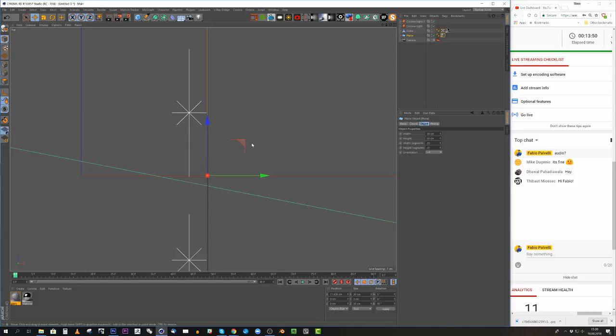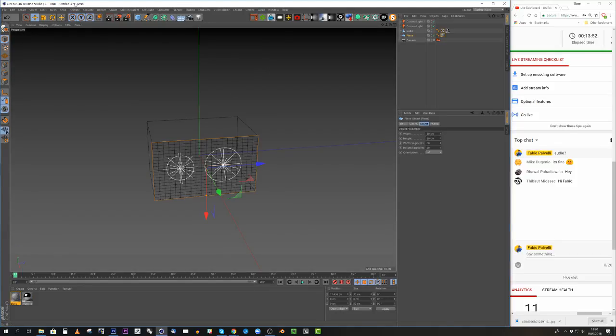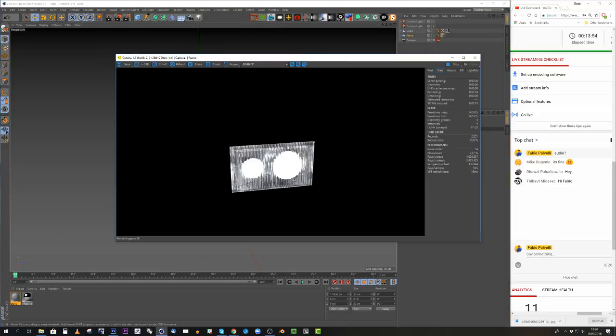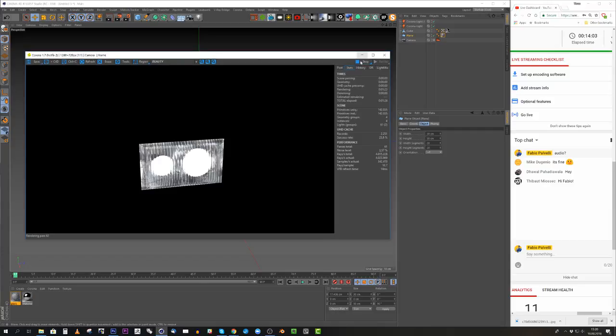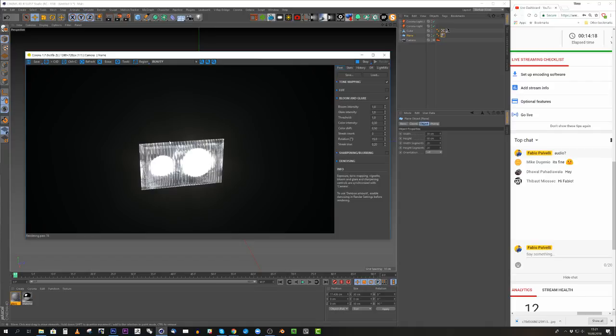Yeah, that should do. There we go. So now, as you can see, if I open my render, you'll see that the image is rendered, but you don't get the flare, and that's because you have to switch on the flare. It's a very simple thing to do. You'll find these effects in the post tab inside of the frame buffer, and you'll find these effects inside the bloom and glare tab. So once you switch it on, the effect will be calculated,